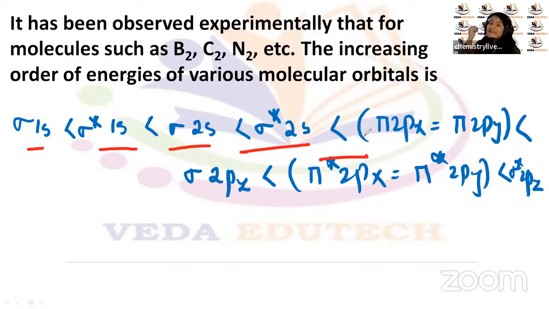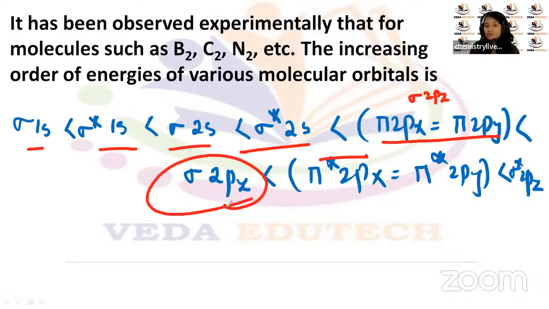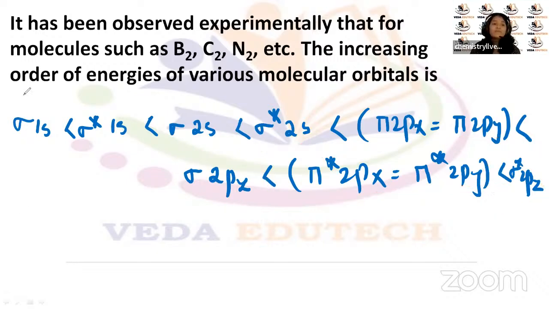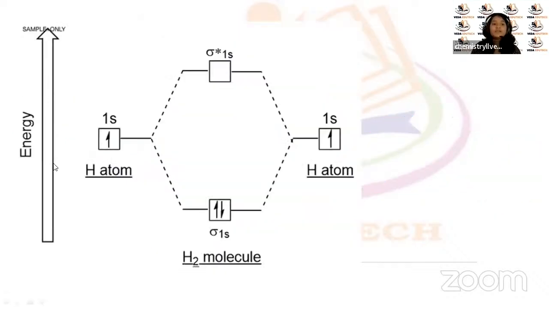था सिग्मा 2pz रहता था, वहां पे क्या रहता था, सिग्मा 2pz रहता था। उसके बाद पाई 2px इक्वल्स टू पाई 2py, तो यहाँ पे पाई 2px इक्वल्स टू पाई 2py पहले आएगा, फिर सिग्मा 2pz रहेगा, ठीक है। फिर सिग्मा स्टार 2px इक्वल्स टू पाई स्टार 2px, सिग्मा स्टार 2pz, ये है तुम्हारा ऑर्डर, ठीक है। ऐसा कुछ दिखेगा अगर हम लोग देखें तो, ठीक है।